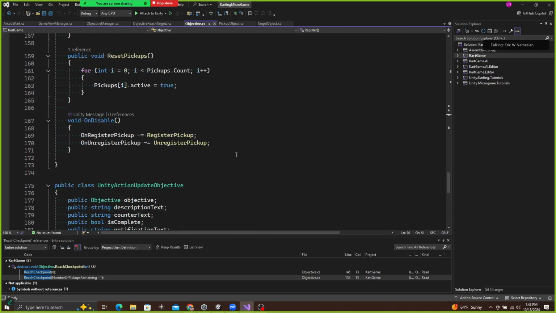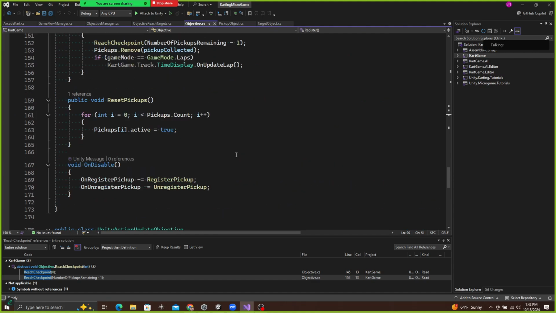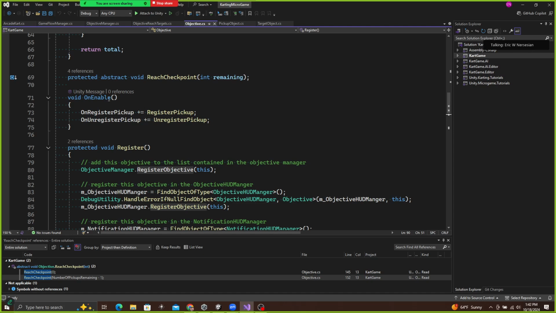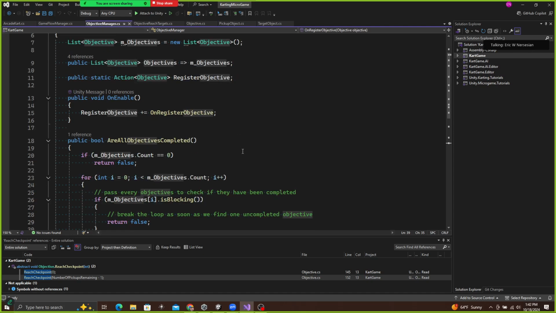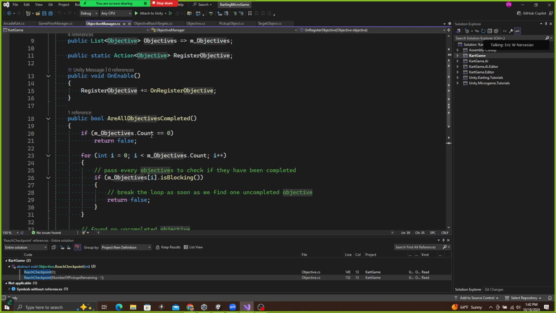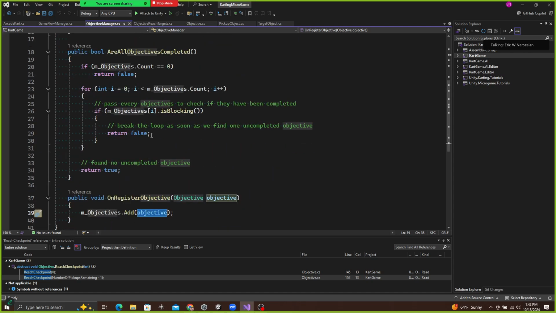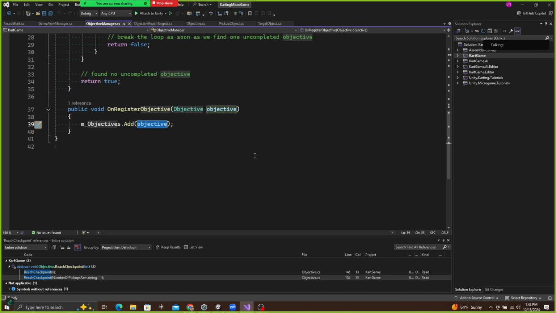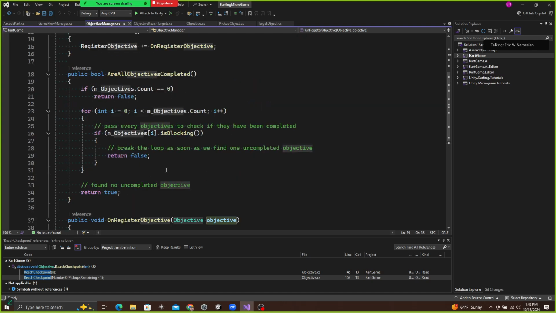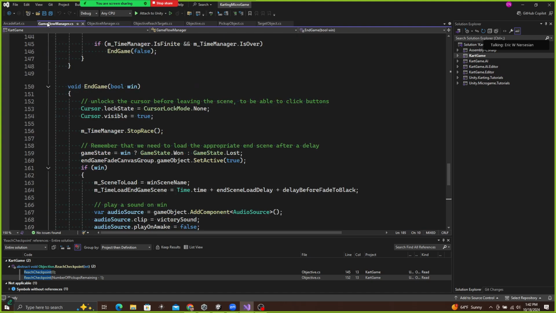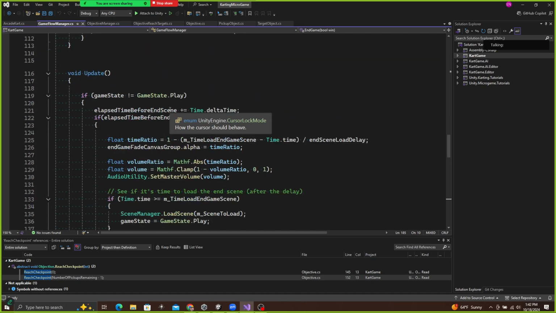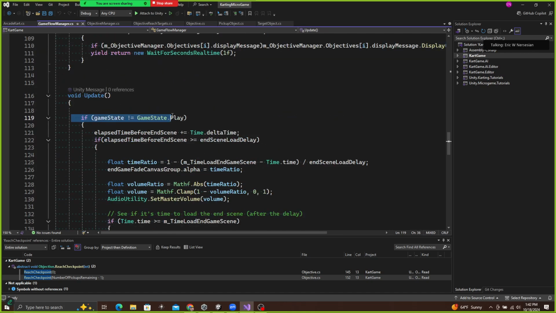So yep, reset. Cool. So this goes up to this level and registers itself with the objective manager. And ultimately, at this point, we're back with the game flow manager in the update loop, and it's saying, hey, if